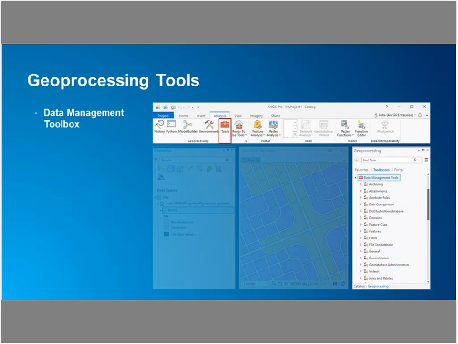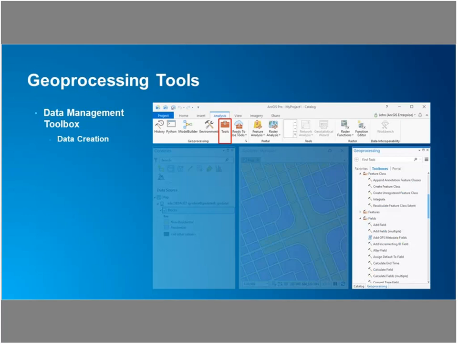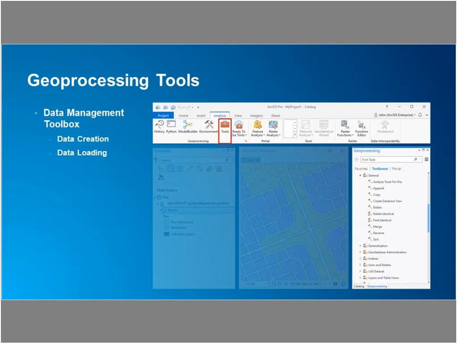Now, most data management and administrative work is done with geoprocessing tools, and many of these tools you'll be familiar with already if you've used them in ArcCatalog or in ArcMap. The data management toolbox provides a large set of tools for creating, managing, and maintaining data sets in the enterprise geodatabase. For example, the toolbox provides tools for data creation, for example, the feature class, fields, or table tool sets, data loading, like the append or copy tools located in the general tool set, data modeling,